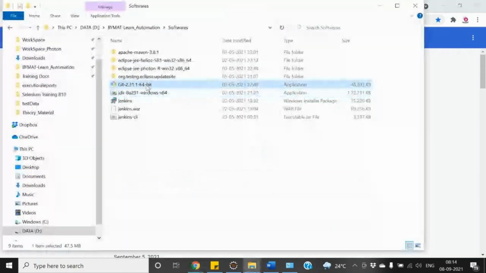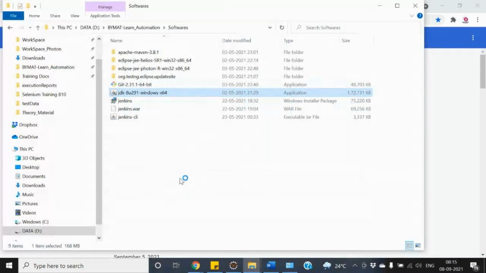So once you have downloaded the JDK, you just need to double click it and it will start the installation of Java on your system. You need to say yes to this and continue with the options. As Java is already installed on my machine, I'm not going to do it right away. But you just need to click yes and continue, and at the end you'll get the message saying Java is successfully installed on your system. That is how you can download and install Java on your machine.